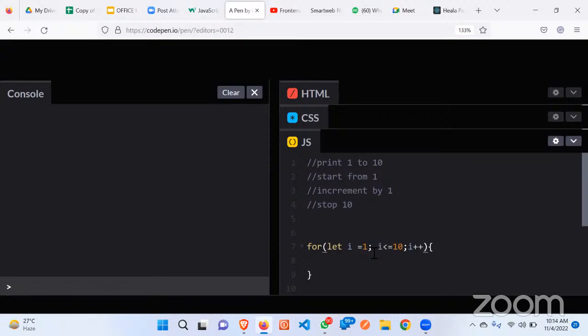So I hope that is clear. I'm not seeing a response or a question. I hope this is clear as regards the for loop. Now, if I now come here and say console.log,